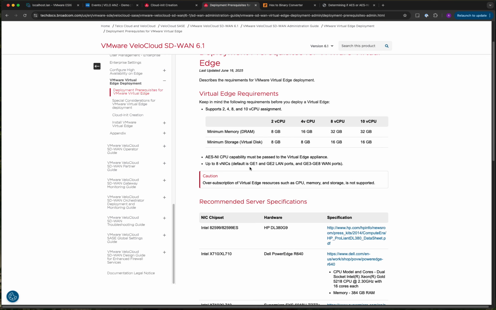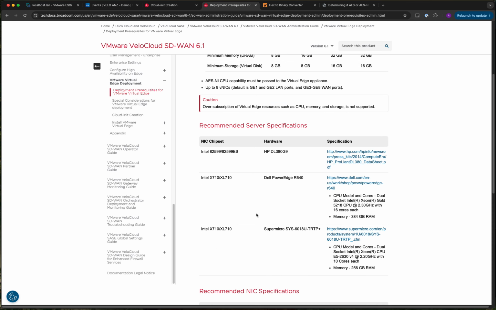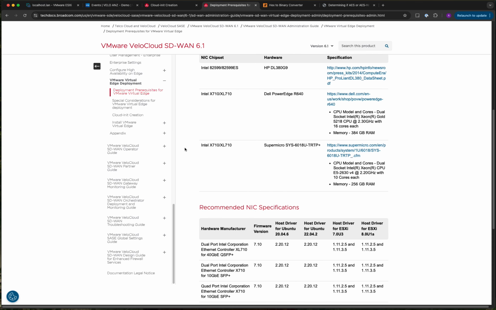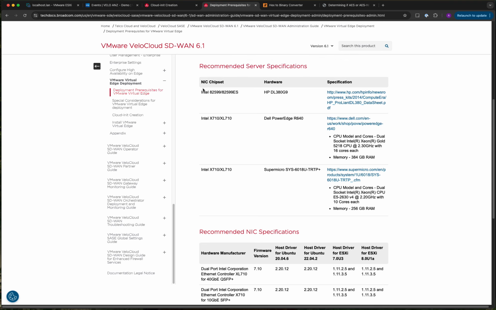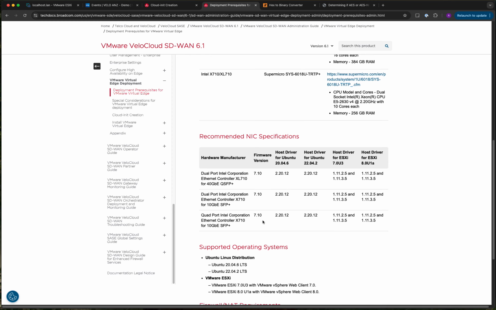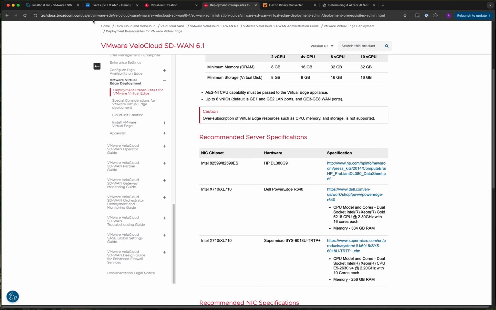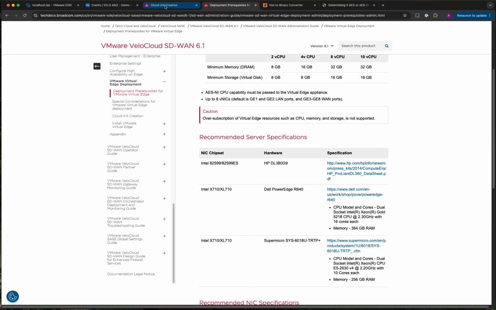All right. So the best way for you to ensure that your ESXi environment is compliant is just share this particular page with your server team, and ask them to go through the hardware that they have installed, whether the hardware that they have on the host is compatible, is running the right firmware version, and so forth. So once you have ensured everything is fine, next step is to create